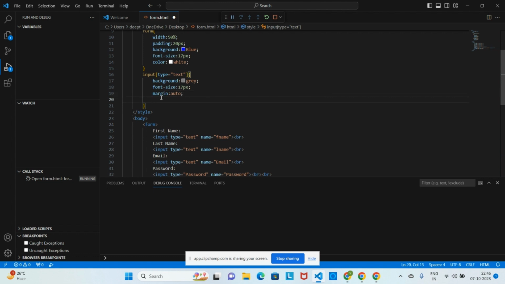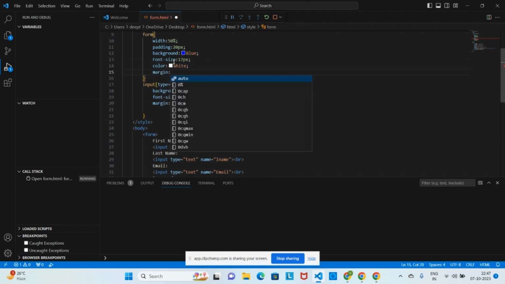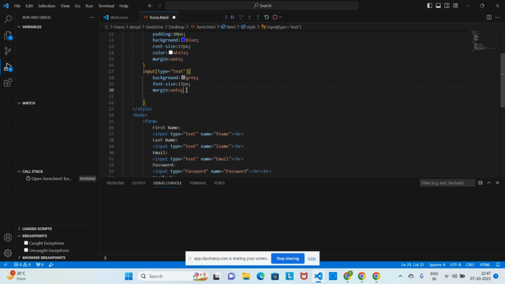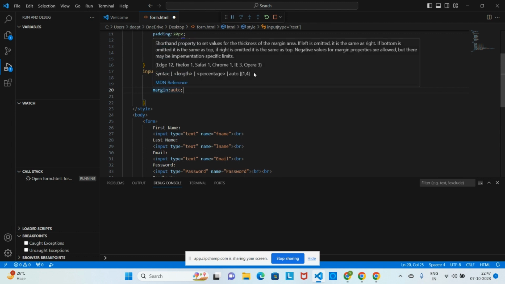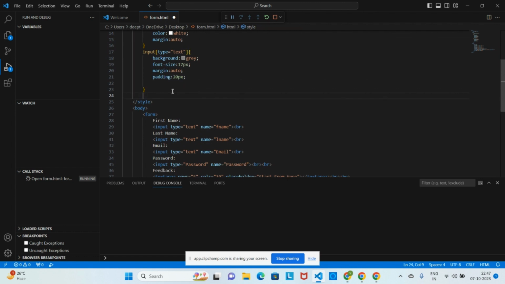So margin is done. I will do the same thing here. I will give margin, so my form will consist of margin too. I will give margin size as auto only. Auto means automatic, it will take automatic margin size. Similarly, font size, background, and margin are done, now padding. Padding is 20 pixels again. Done. Now I will mention the other tag, my input again, and type equal to